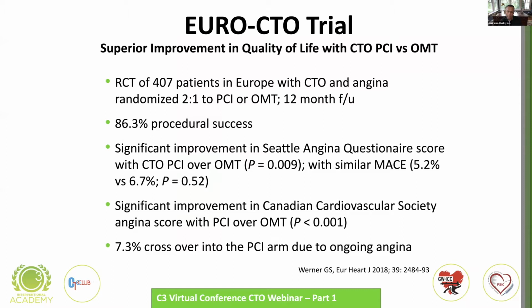The EURO-CTO trial is a trial that was published back in 2018. It's a randomized clinical trial of 407 patients throughout Europe who have CTO and angina. So now we're talking about patients who have CTO and symptoms that were randomized 2-to-1 to PCI versus medical therapy with 12 months follow-up. This cohort had a very high success rate, 86%, which is comparable to other contemporary registry data,